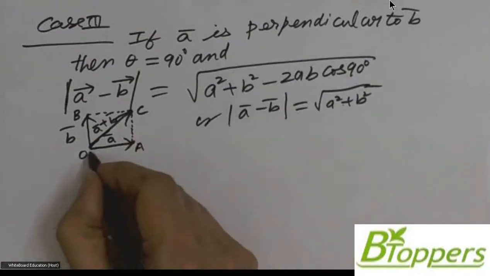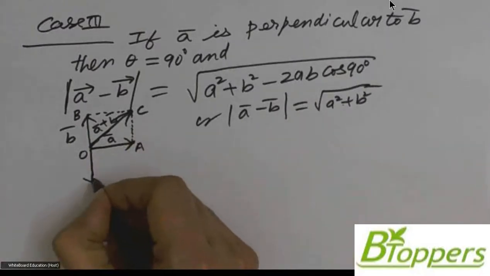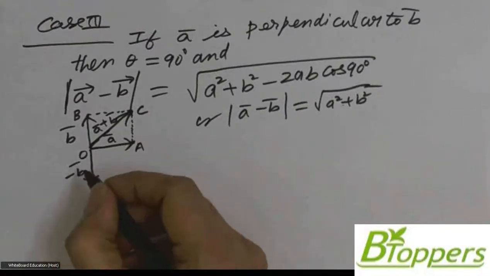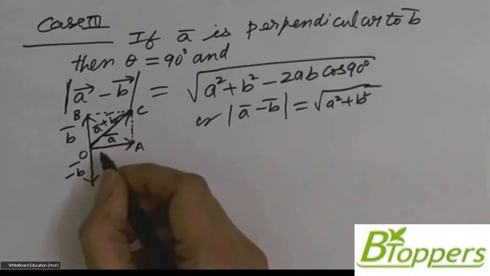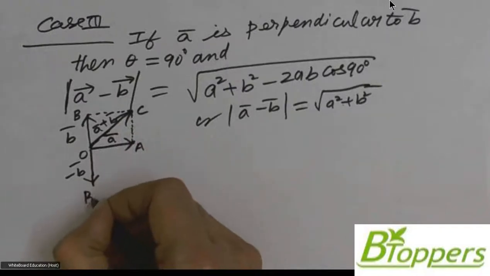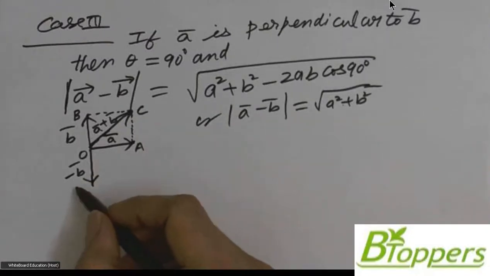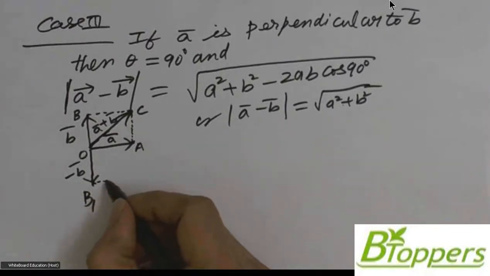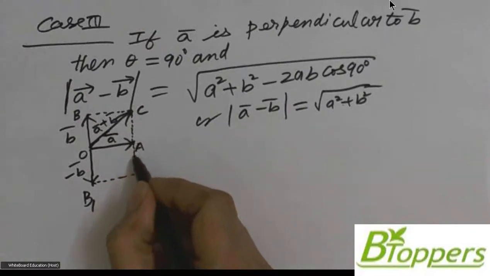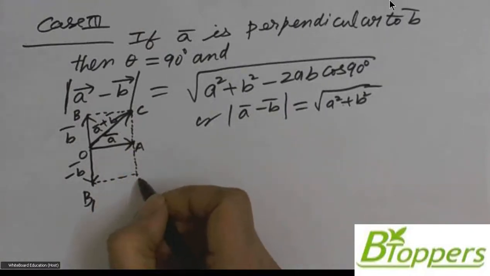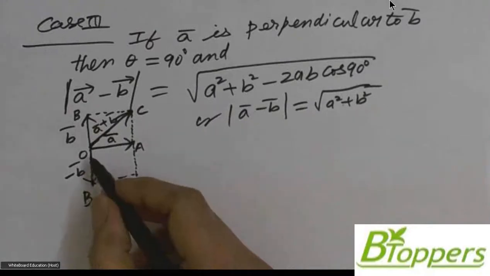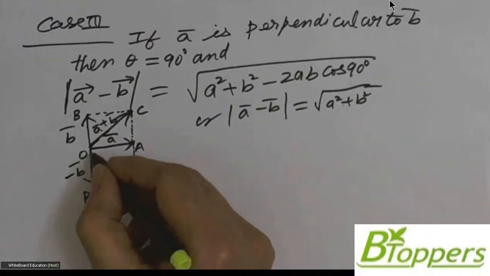The vector difference a bar minus b bar is defined as the resultant of the vectors a bar and minus b bar. So in the figure, the directional line segment OB1 bar represents the vector minus b bar. So you can complete the rectangle. These two vectors are adjacent sides. So OAdB1 is a rectangle.